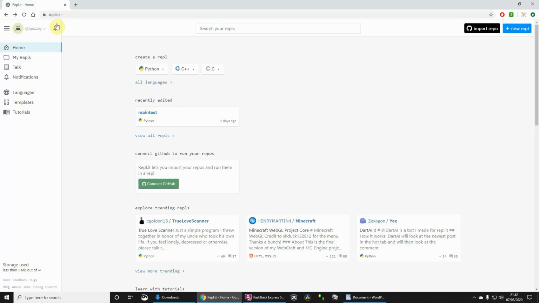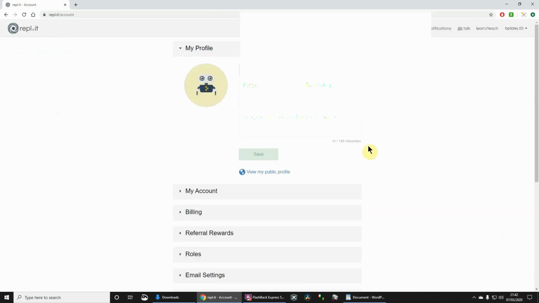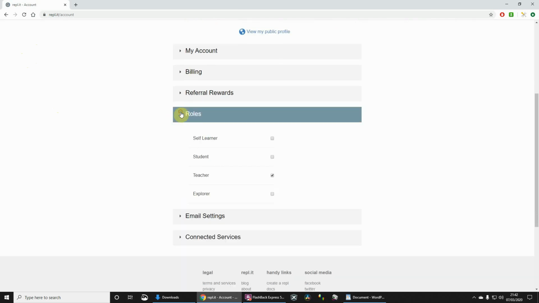Now, I'm already logged in. You can see I'm logged in here, and that's my username there. If I click that, notice that I have teacher there. Now, if you didn't previously click the option for teacher, you may not have that there. Well, let's go to account. And so we scroll on down, we go to roles, and you can select teacher in. So if you haven't got that teacher option that I showed, make sure you select that, and I think then